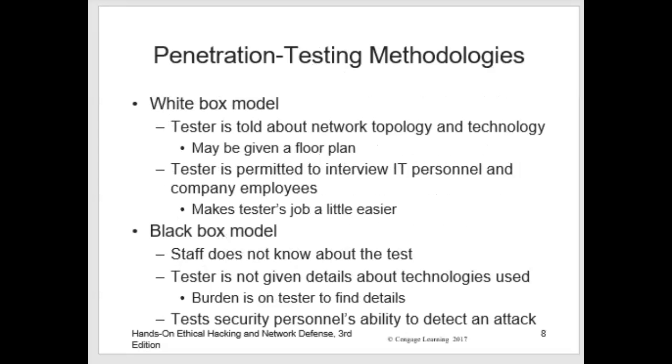Now, we could fall into one of three boxes: white, black, or gray box. We will use those terms over and over in various other capacities too. They have very similar meanings. A white box hacker is told everything about the topology and the architecture, with floor plans and people's names and phone numbers. You can even go interview people before you start your test. That's a white box